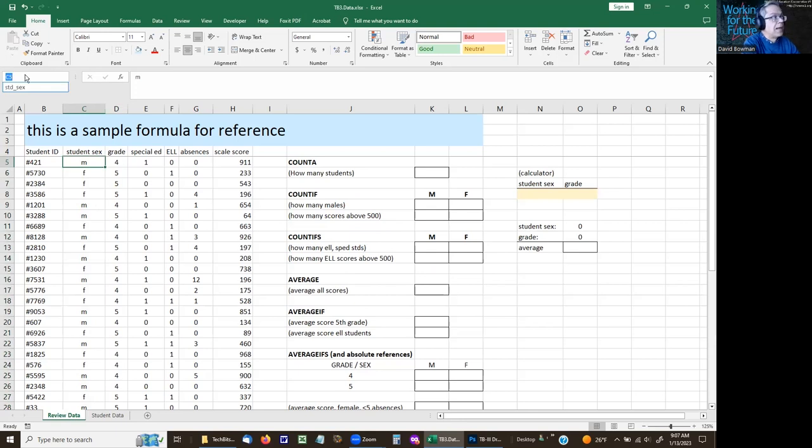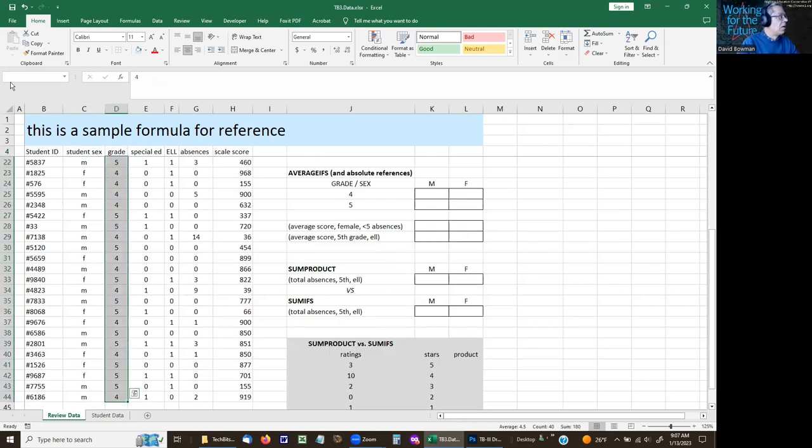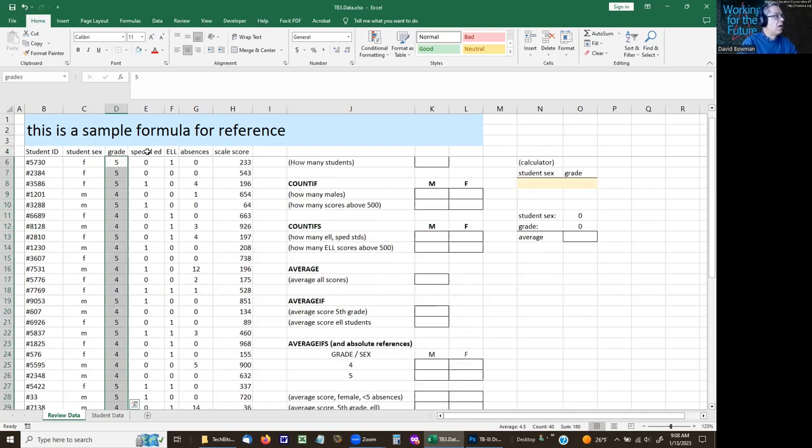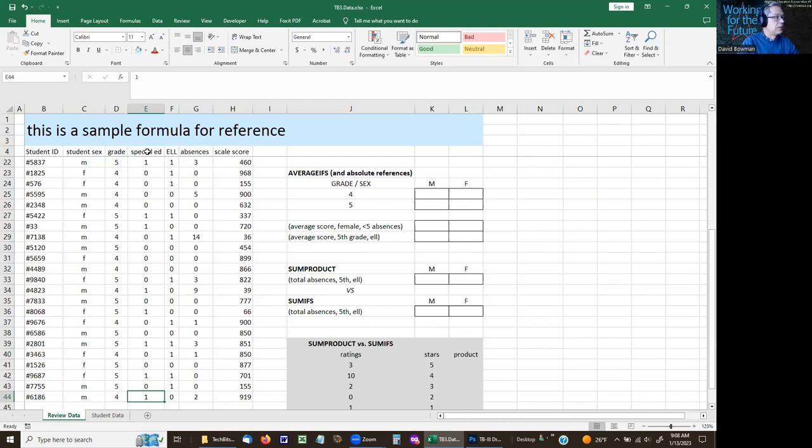So now that entire range has its own name with some very specific information. And I can pull down my little menu. There it is. And you see that it's going to highlight that range. As we get into the techniques for pulling out information, the techniques are going to be simpler to use and easier to understand once I have done that. So let me just go ahead and get the rest of them. We're going to call this one grades. We're going to call this one, we'll call this one